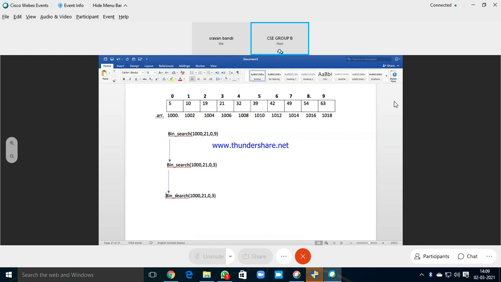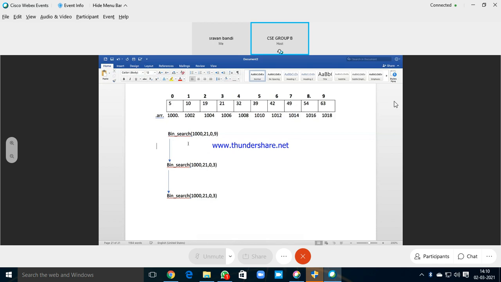So it goes on until the base case is encountered, or it is successful. So these two do not change. Which one will be changing? Here, 0 plus 3 by 2 is 1. Here the mid value is 1.